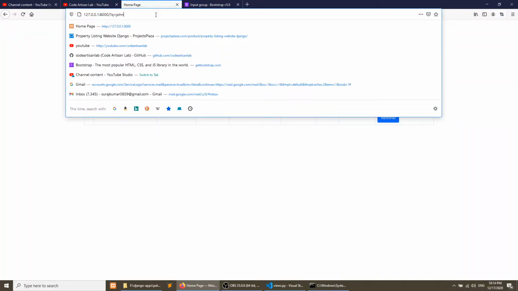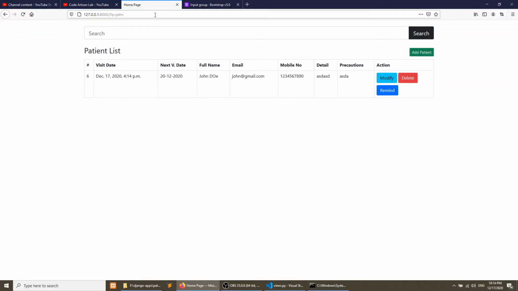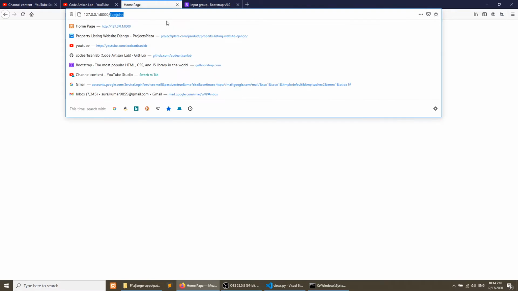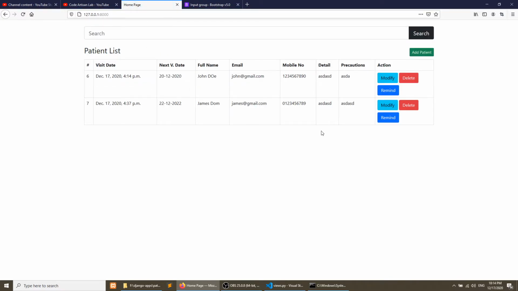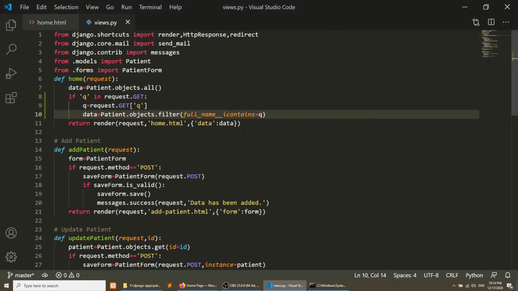It has searched John. You can see we have only the John result, and if I go to the home page from the URL, then it is showing all things. Let's say we want to search dome, so it is searching dome because full name contains dome.